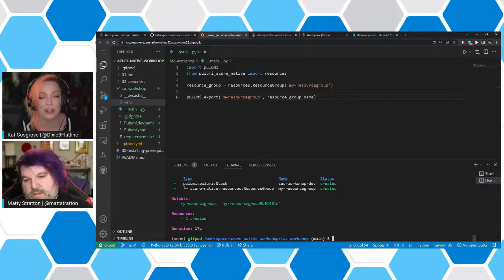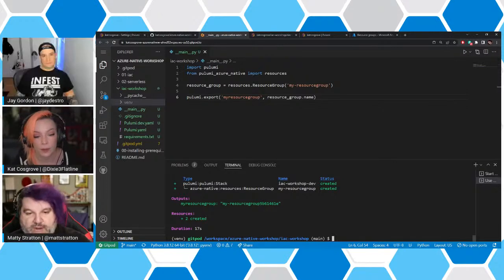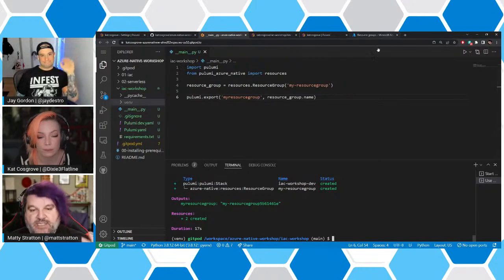But just know that this is the default behavior, but you can overrule it if you want a unique human readable name for each resource group, which is what I do. Or a unique name, if you know it has to be unique. And there are definitely cases where you want that.